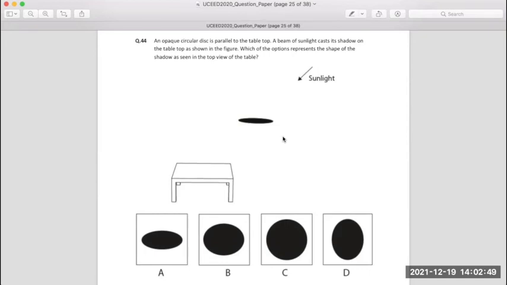C. Okay, somebody is saying C. Anybody else? A. Okay, somebody says A. Anybody? D or A. I'm not sure. B or A? Okay. No, D. D or A? Okay.